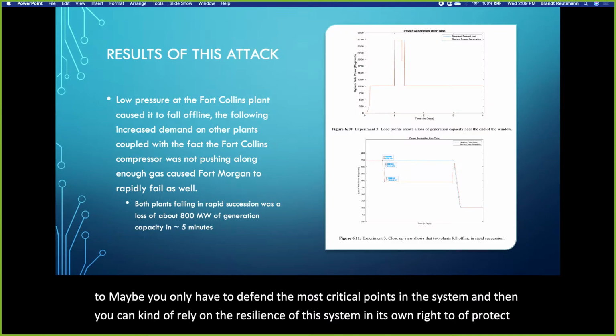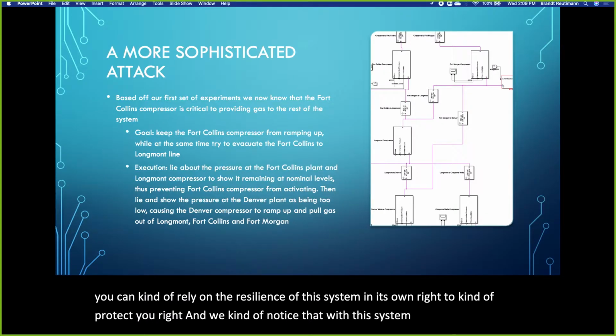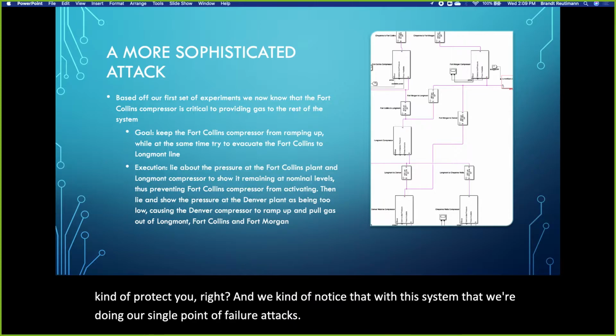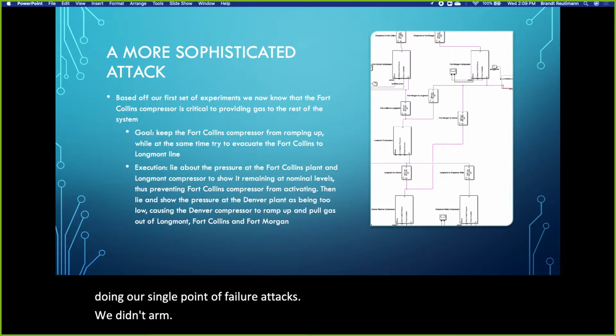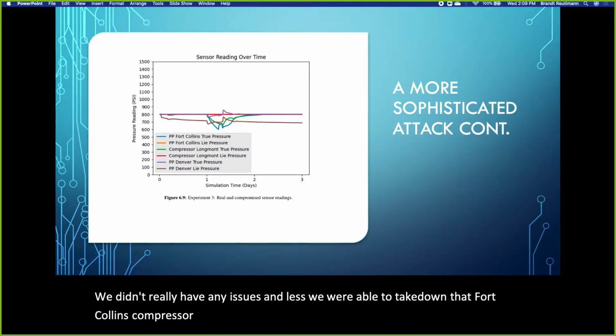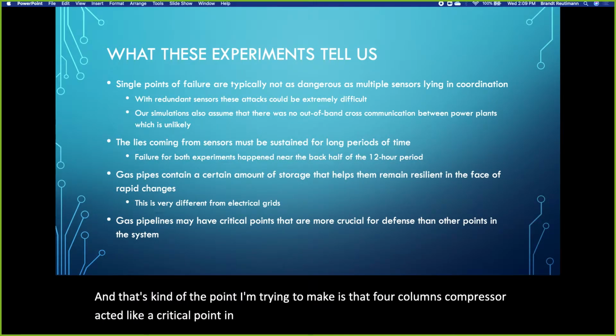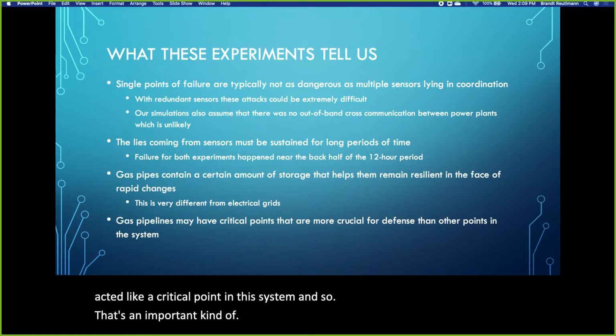We noticed that with this system, when we were doing our single point of failure attacks, we didn't really have any issues unless we were able to take down that 4 columns compressor, right? That's the point I'm trying to make: the 4 columns compressor acted like a critical point in this system. And that's an important intuition that we got out of this simulation